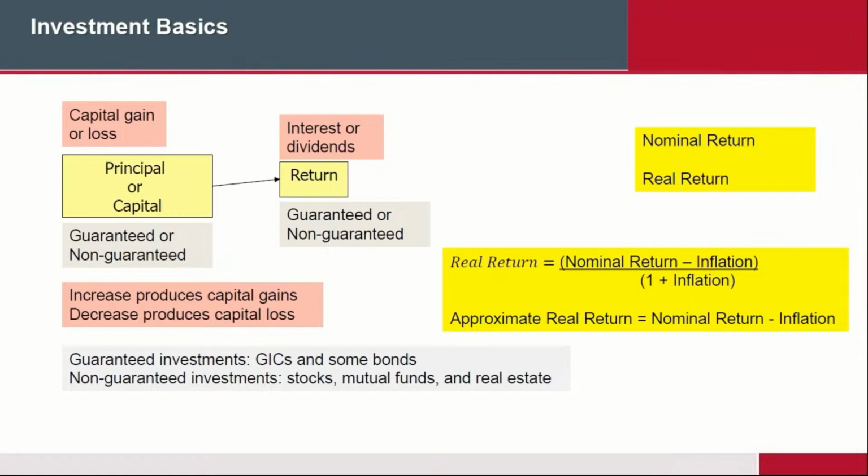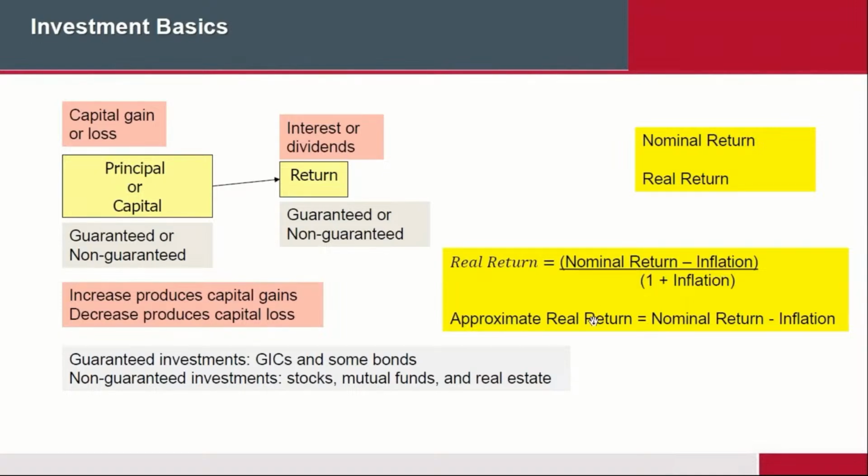So many times the client wants to know, after inflation, what is my real rate of return? In other words, what is my future purchasing power? The real rate of return formula is the nominal rate minus the inflation, divided by 1 plus the inflation. That is a very important formula: the nominal rate minus inflation, over 1 plus inflation. Now, quite honestly, for exam purposes, you don't have to go this far.